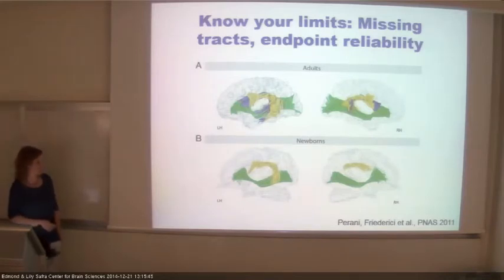So they went ahead and scanned the baby in Italy. Of course, they got Helsinki permission and everything they needed to do, but still, it's pretty amazing that this can actually happen with healthy babies. They scanned the newborns and they tracked fibers, and they found the inferior fronto-occipital fasciculus, both sides, and